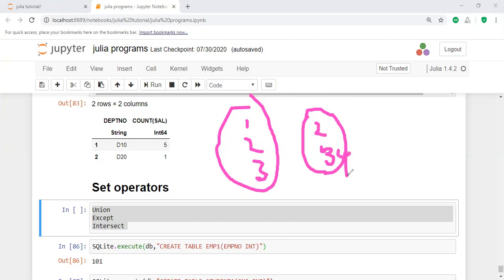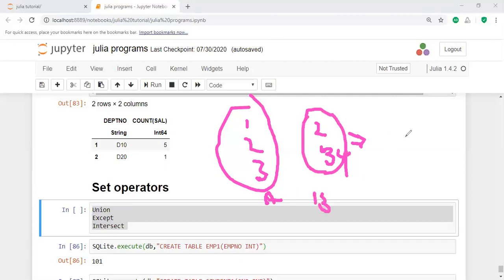How can you express the union of the two sets, A union B?